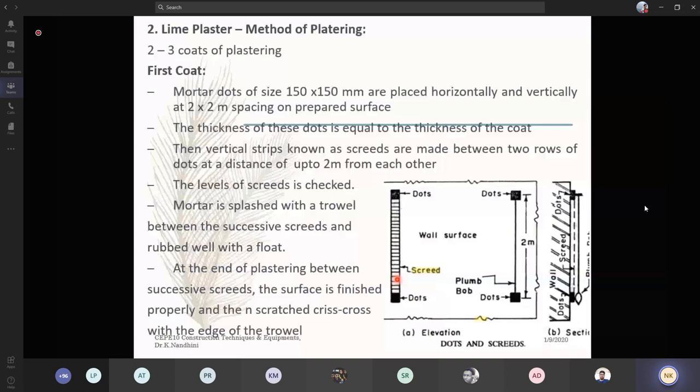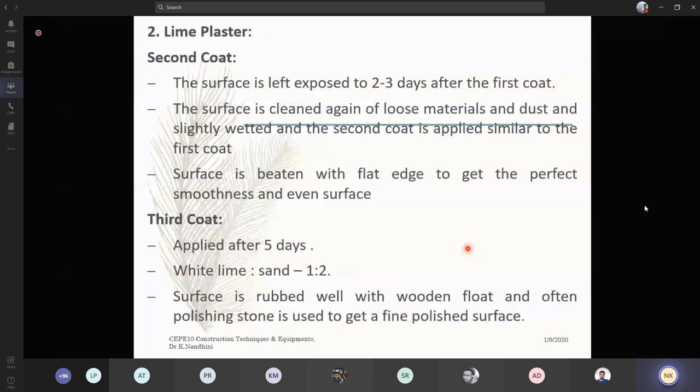They want to fix a particular area, they finish it off and then move on to the next thing. For that only, they're fixing the 2 dots. They are putting the mortar over it, splashing the mortar over it. They just fill it, level it off with the surface, remove the extra dust. Then they go on to the next area. I will continue all those things in the next class.